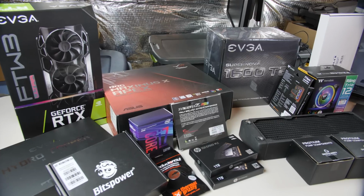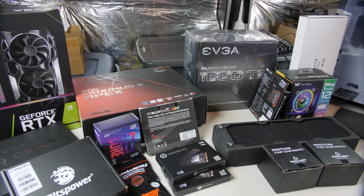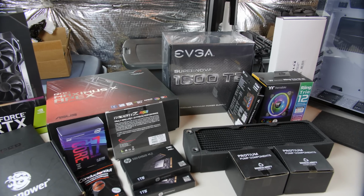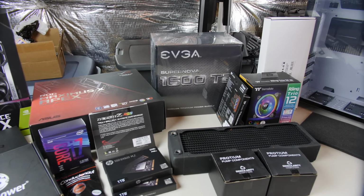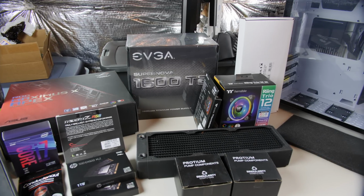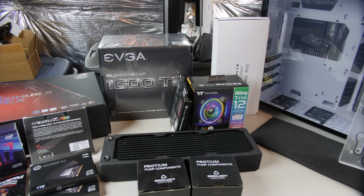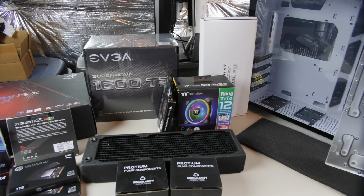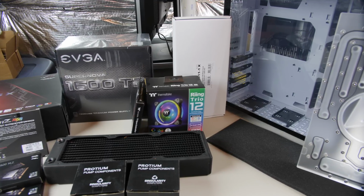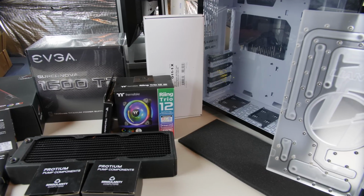So what you see in the picture there is going to be in the rig. It's a 2080 Ti, the EVGA Ultra Gaming version. It's going to be on the Maximus Apex 10 with an 8700K delidded, so I can run it at 5 gigahertz. I've got some 4200 megahertz Trident Z RGB RAM. I've got some 1 terabyte M.2 NVMe SSDs there. Got a heavy duty power supply from EVGA, 360 rad,